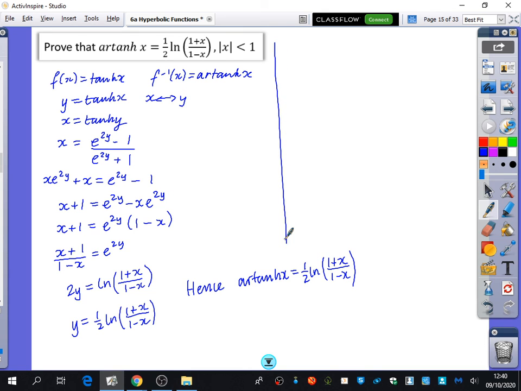You're going to be asked to express something like r sinh root 3 as natural logarithms. So all you would do, you know that r sinh x is ln of x plus the square root of x squared plus 1. So it's going to be ln of root 3 plus the square root of root 3 squared, which is 3, plus 1. So you just get ln of root 3 plus root 4, which is 2, so ln of 2 plus root 3. And your calculators should give you that, but you're going to need to know how to do these things for